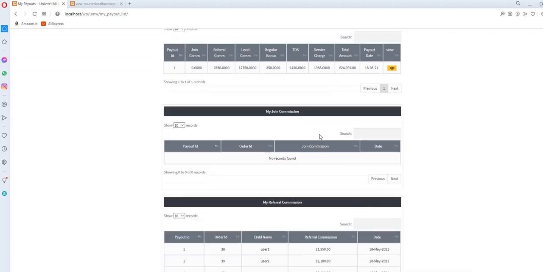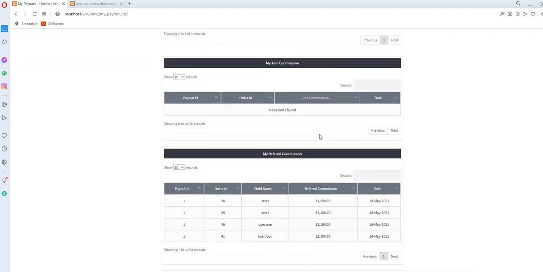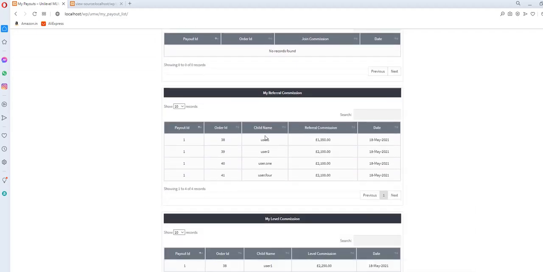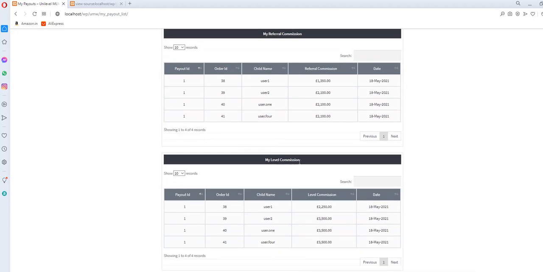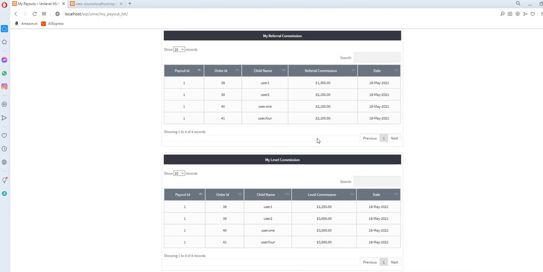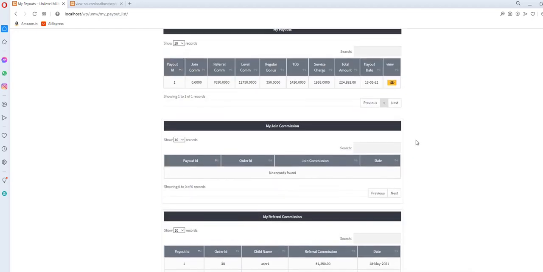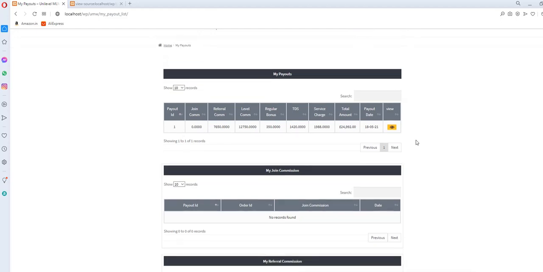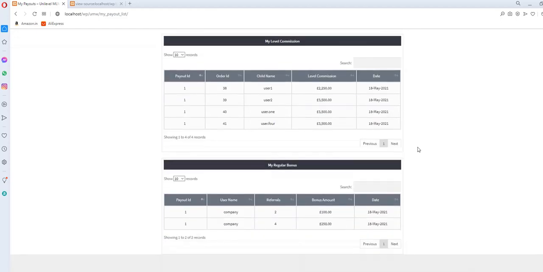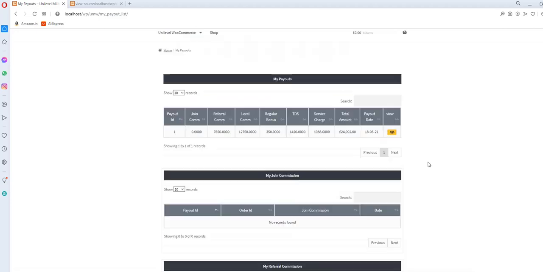Here the details are given in the payout list as well. My level commissions are this one, and the referral commission is this one. My joint commission is not there. Regular bonuses are also displayed here. Okay, so these are the things.